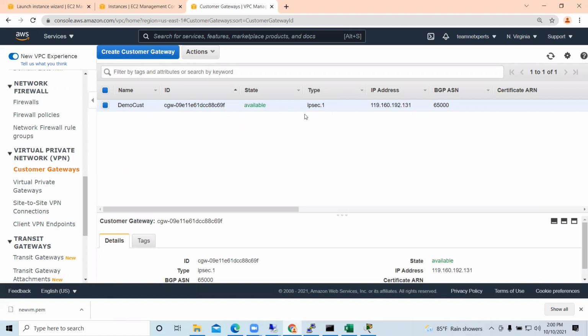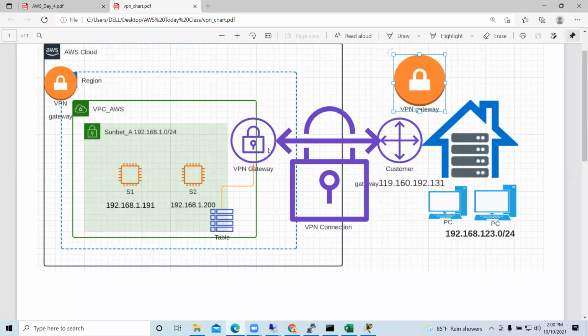And this is the IPsec tunnel we are going to make with our customer. This is the customer IP. It will select the ASN and all, right? Now we have configured the customer side. Now we are going to configure the Amazon side,